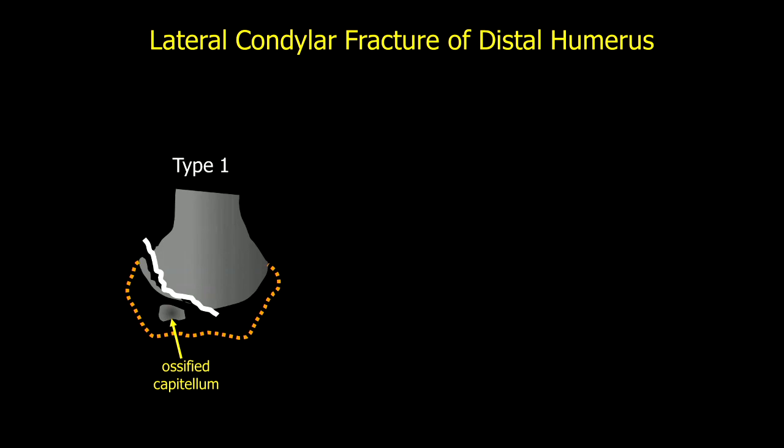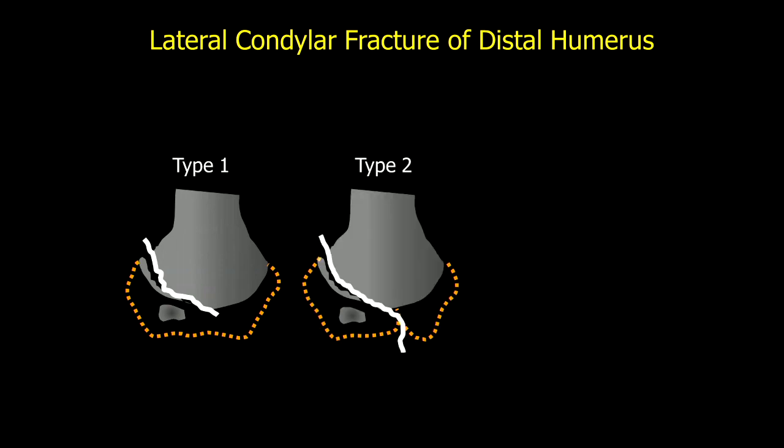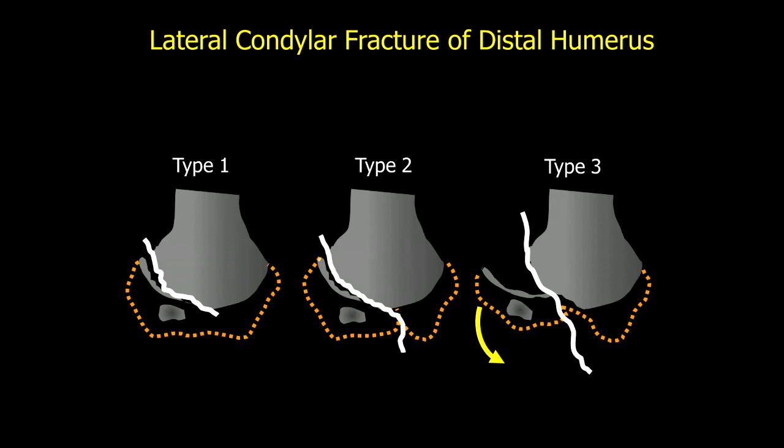In a type 1 lateral condylar fracture, the fracture plane goes through the metaphysis, involves a portion of the physis, and extends into the epiphysis, but not all the way to the articular surface. A type 2 injury will extend all the way to the articular surface, but there is no substantial displacement. So these type 1 and type 2 fractures can be subtle on radiography, whereas a type 3 fracture has displacement